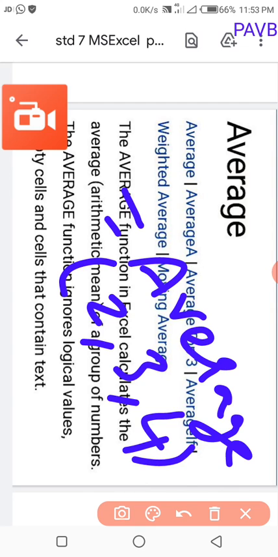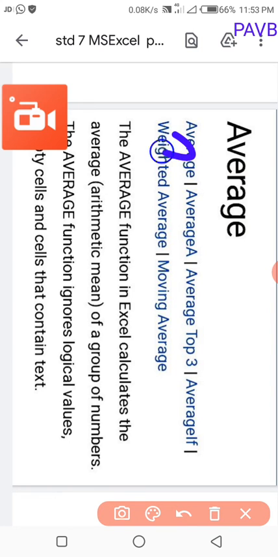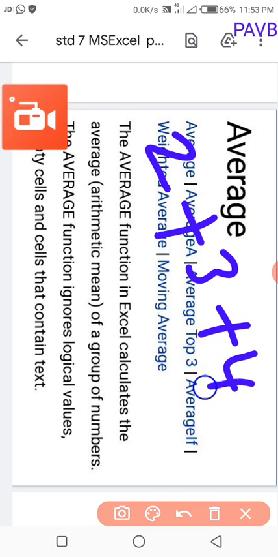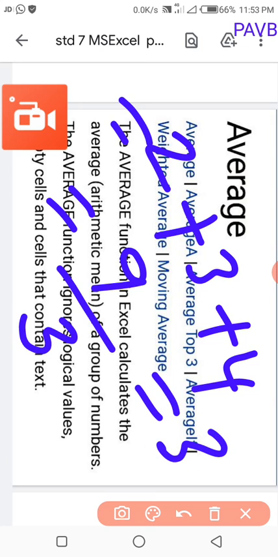You have to calculate the average of 2, 3, 4. First we have to add: 2 plus 3 plus 4. What is the answer? 9. How many numbers are there? 1, 2, 3. So divide by 3. What is the answer? The average of the given set of numbers. The answer is 3.